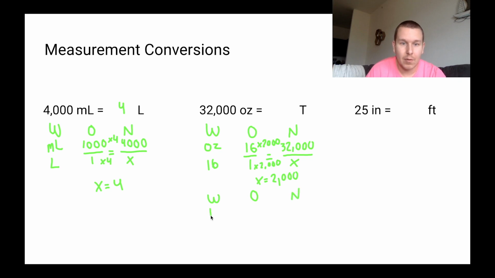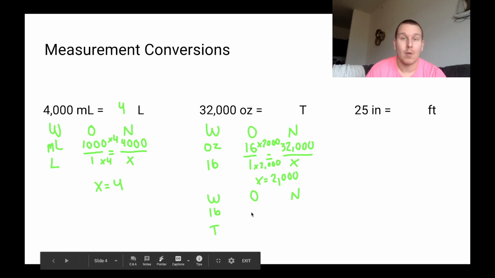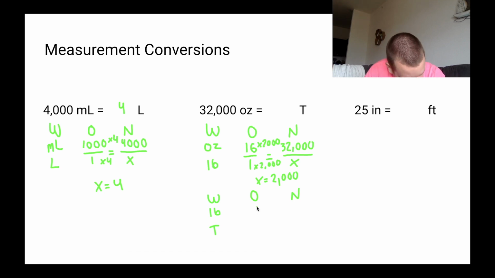Now we're going to go from pounds to tons. We look at our original. So our original was 1 pound, or how many pounds? There's 2,000 pounds. And 1 ton, okay? And our new is going to be 2,000,